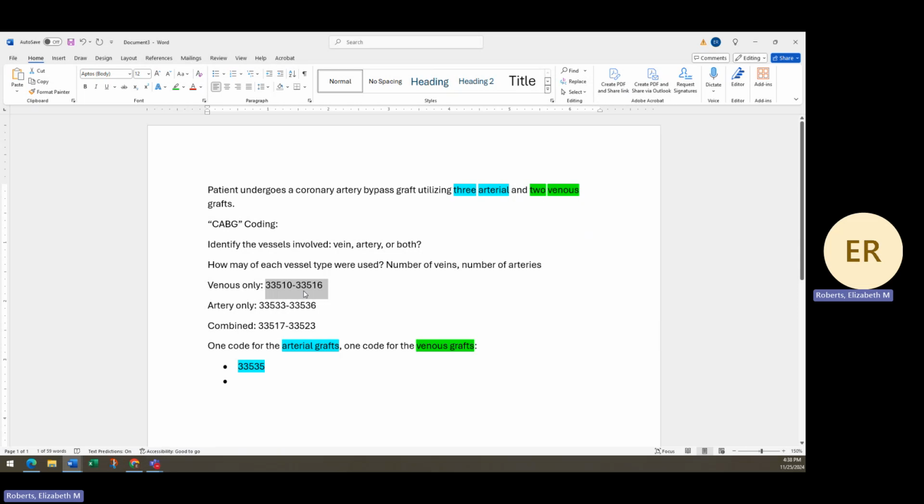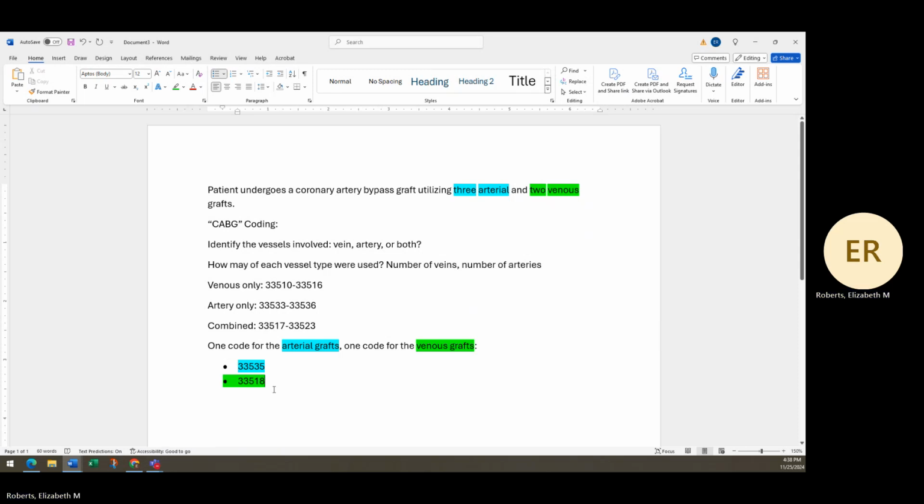So I'm going to go to page 259 in my CPT code book and find the add-on code for this combined grafting that identifies 2 venous grafts, which is going to be 33518. Okay, so this is going to be how you would code a coronary artery bypass graft utilizing 3 arterial grafts and 2 venous grafts, 33535 and